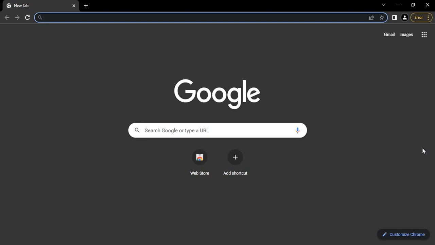In this video we are going to see how we can disable hardware acceleration in Google Chrome. To disable it, the steps are pretty simple. All you need to do is go to your Google Chrome browser, and once you have opened it, then you